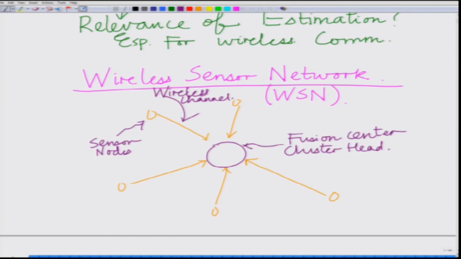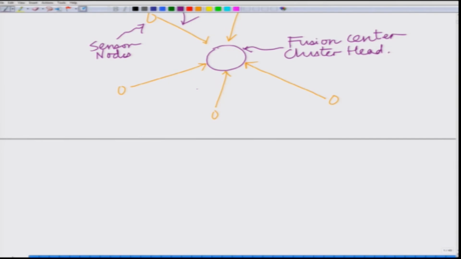That is the basic setup of a wireless sensor network, which collates a lot of measurements from a large number of sensor nodes about some ambient parameters such as the temperature, pressure or other such parameters, followed by some processing at the fusion center to come up with an appropriate decision. That is the basic paradigm of a wireless sensor network. So, sensor nodes send measurements. Let us write that down. Sensor nodes basically send or transmit